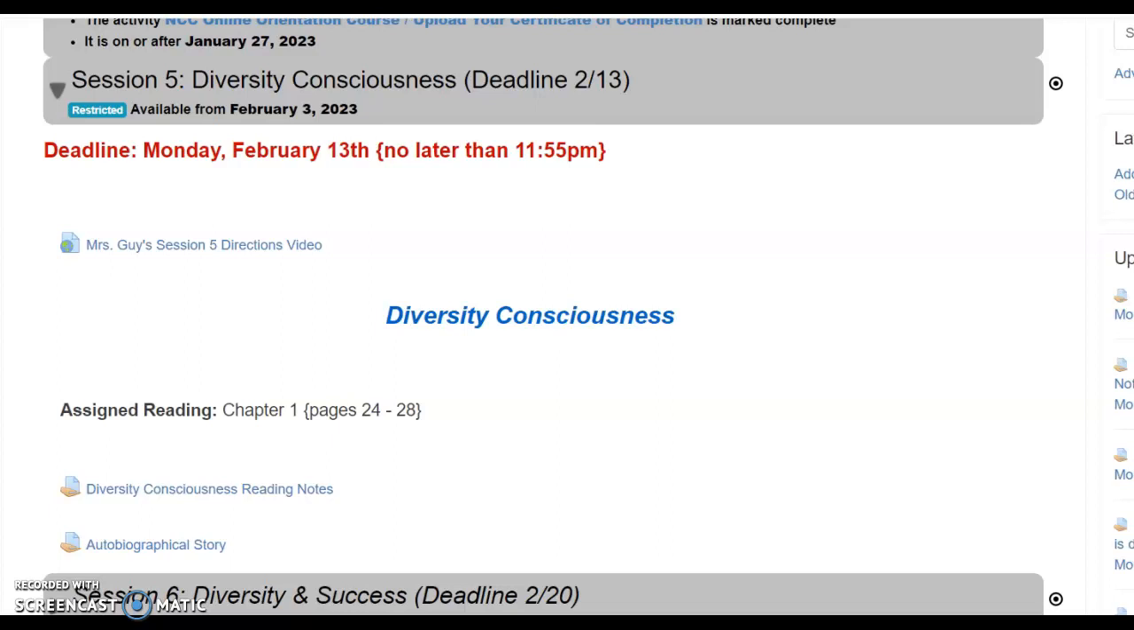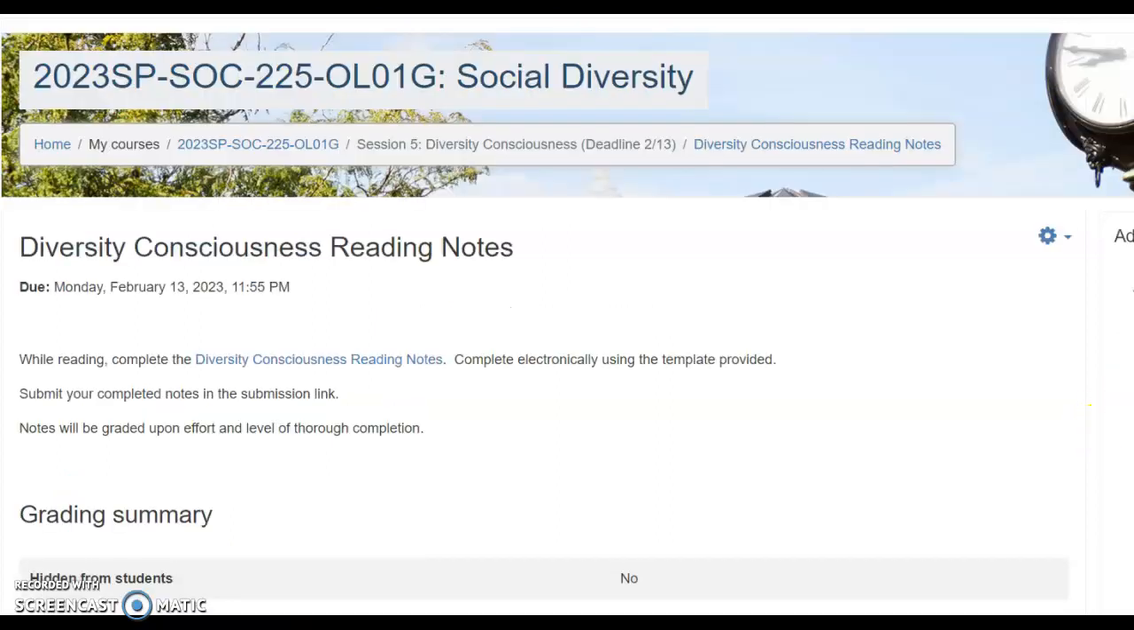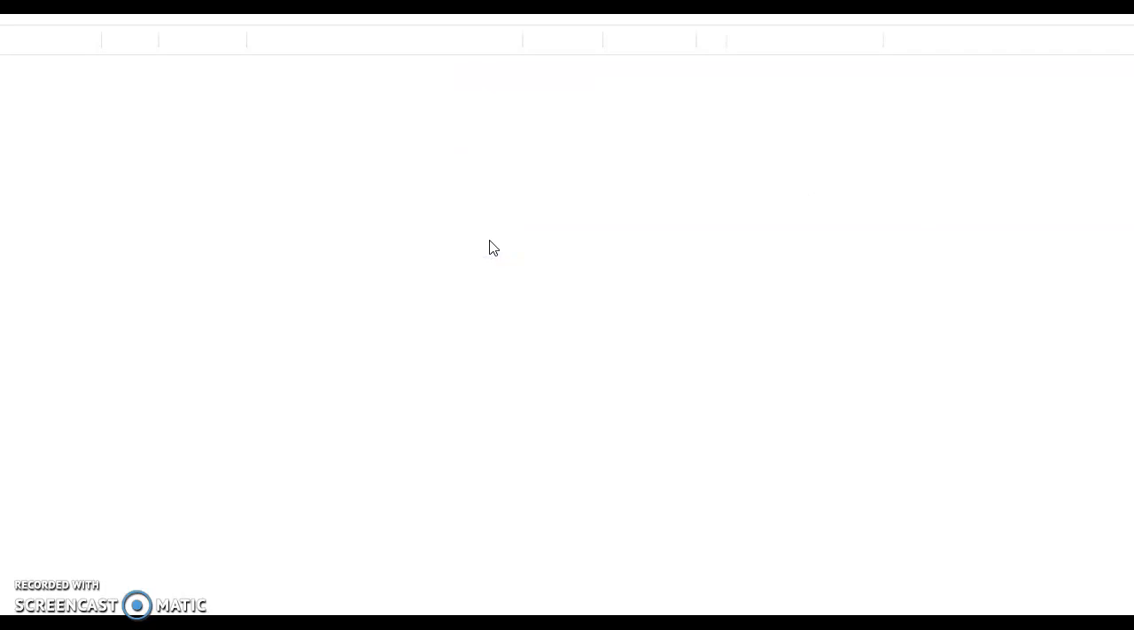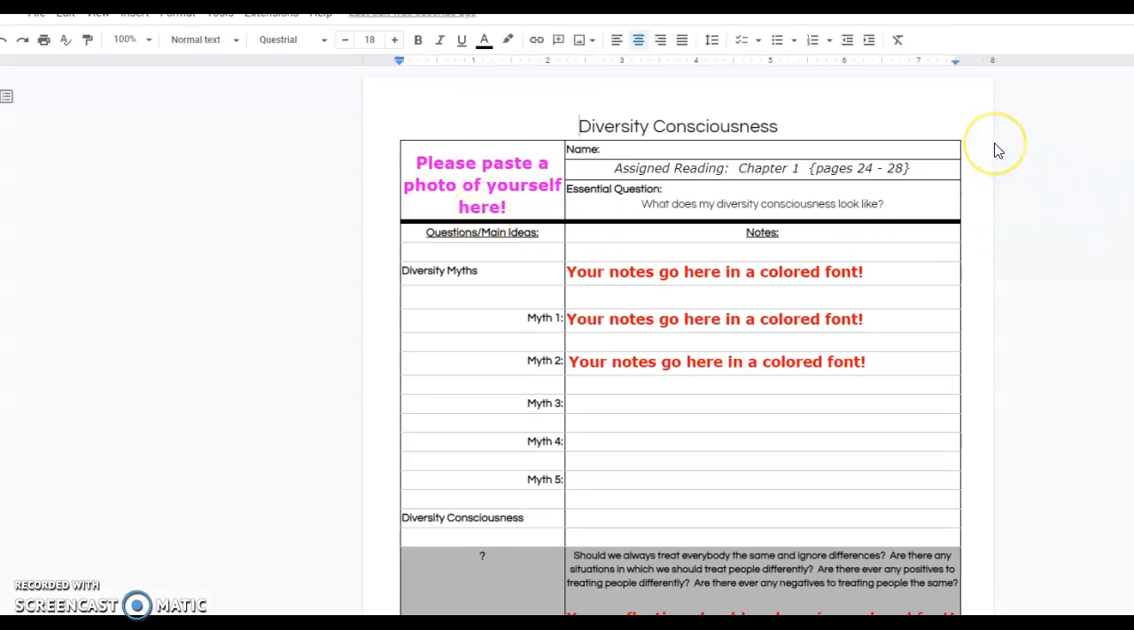So this week we are only reading pages 24 through 28. While you are reading those pages, you will be completing the reading notes for this week. The reading notes will be just like the ones in the past. You'll click on the link in Moodle and you'll make a copy, which will deposit into your Google Drive. When you get to the notes, you'll see this is the exact same document that you are used to completing via the Cornell note-taking method. Make sure that you are putting a photo in that upper left-hand corner. Remember, I like to make things personal, so I like to see your face when I am grading and reading